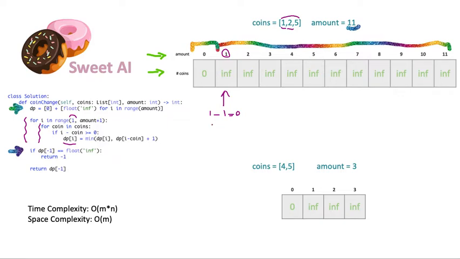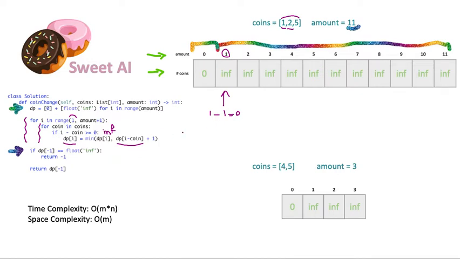We are going to update it with the minimum of the value that we have in that index right now, which is infinity, and the value from the previous steps, or the steps before that, with which we can make that